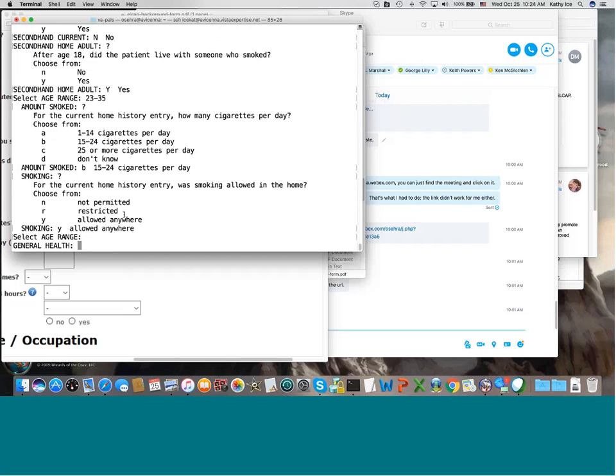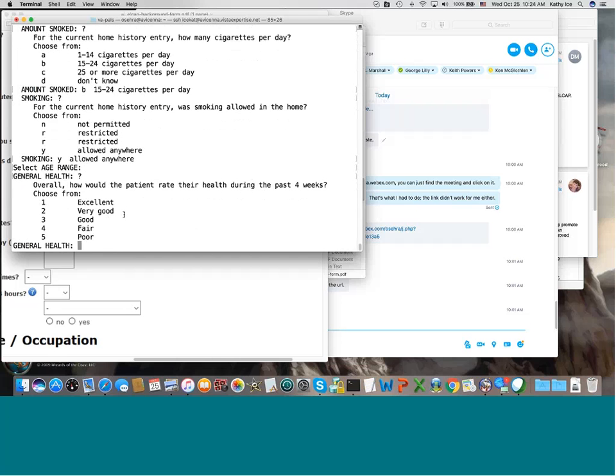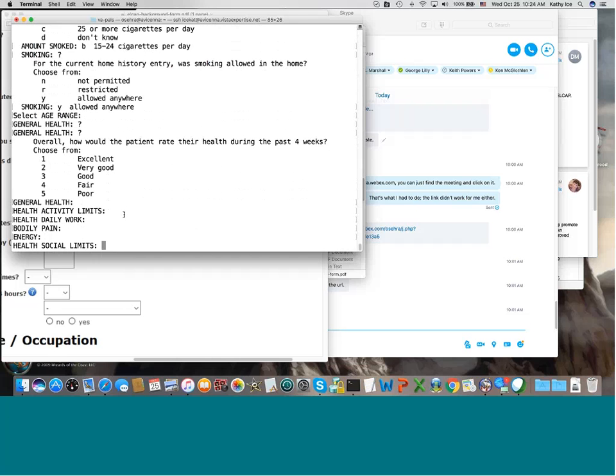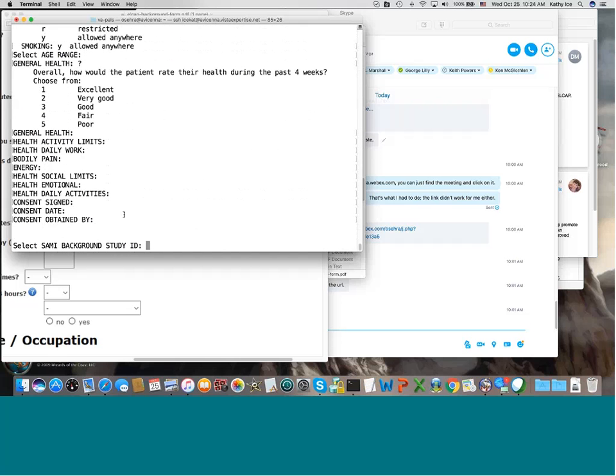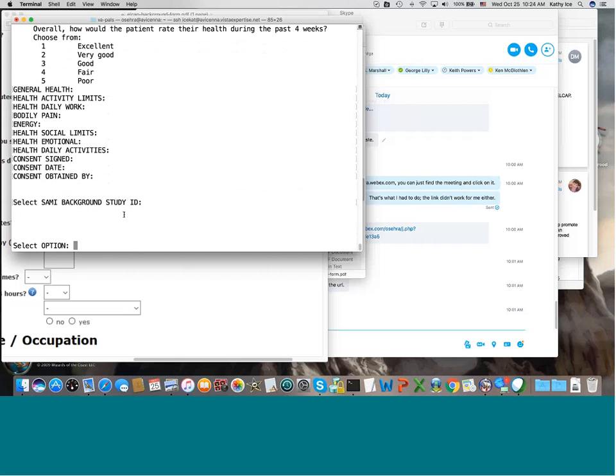Then we have a bunch of questions about general health that I think I'm just going to skip. And so that's Betty in the background field. So if we pop back out,